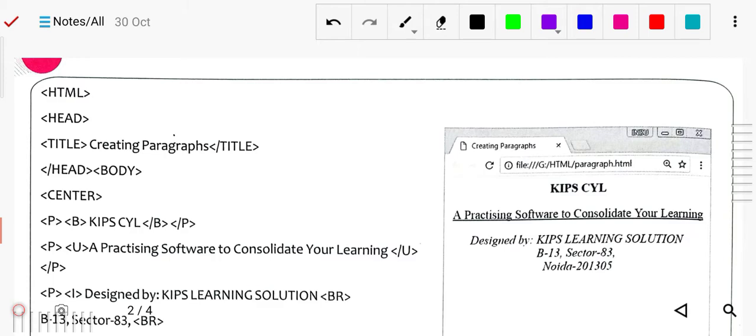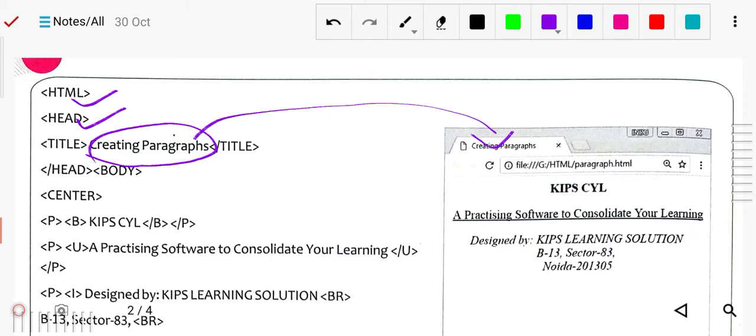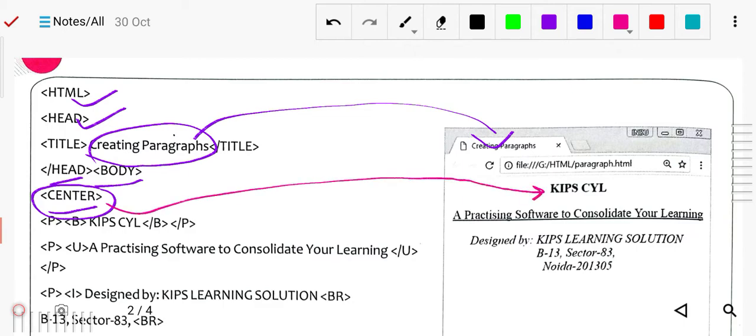First of all, started with HTML, head, title "creating paragraph", head is closed, body started, and center. In the center we have written KIPSCYL, inside a paragraph, and it is bold also.